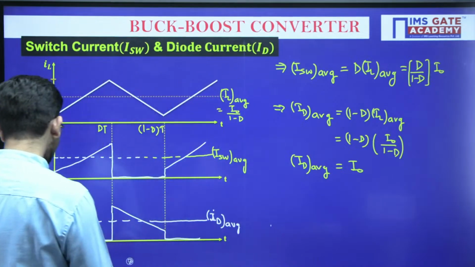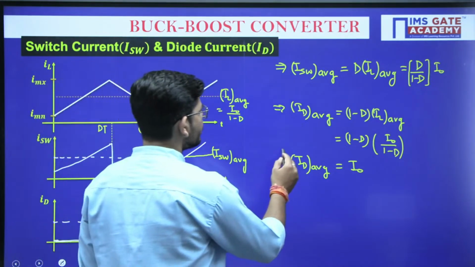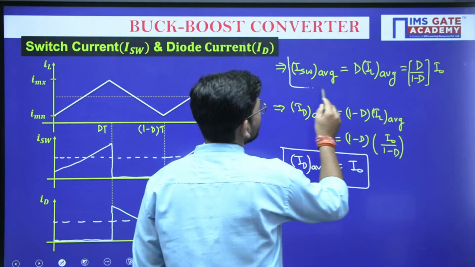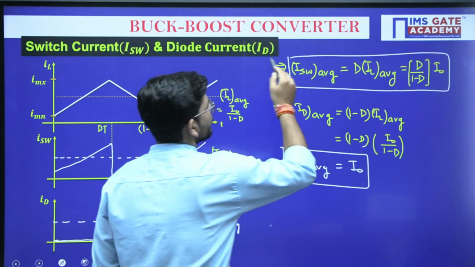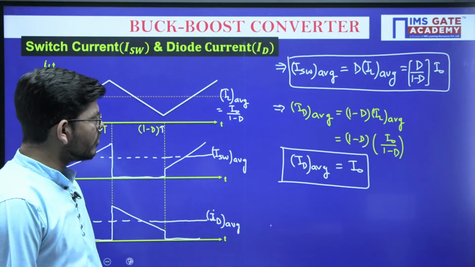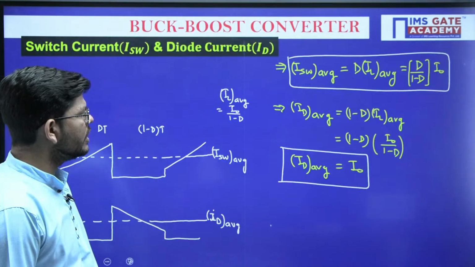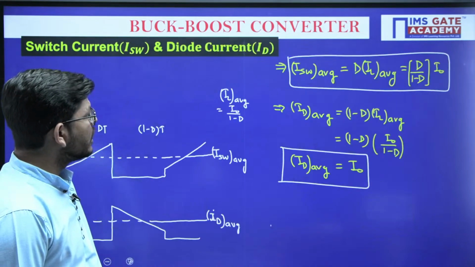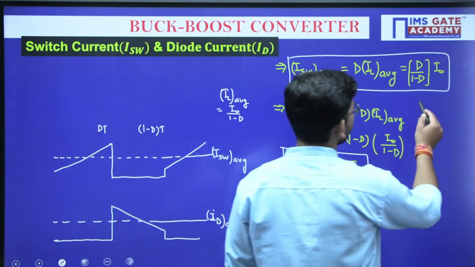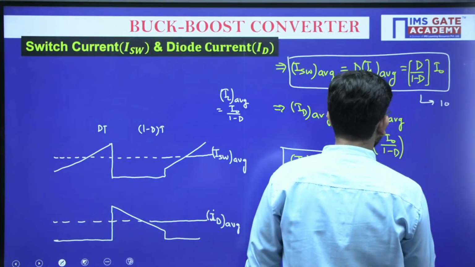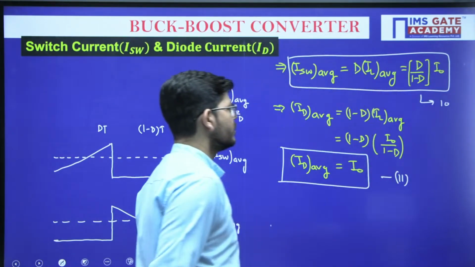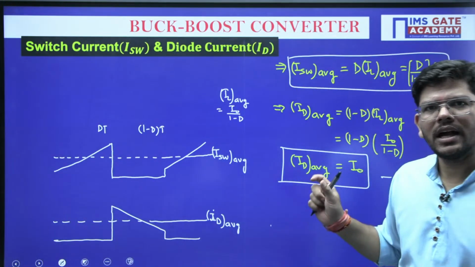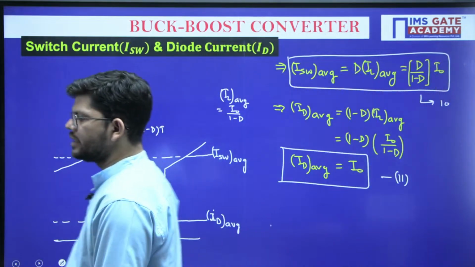Okay. The same values we have obtained in case of boost converter as well. So boost converter and buck boost converter have a lot of similarities. A lot of formulas are exactly equal to each other. Okay. So this is how we can calculate the different switch currents. And these are going to be equation number 10 and equation number 11, since we have 8, 9 already. So this is how we have calculated different currents in this circuit. So all the currents right now are with us. Now after that